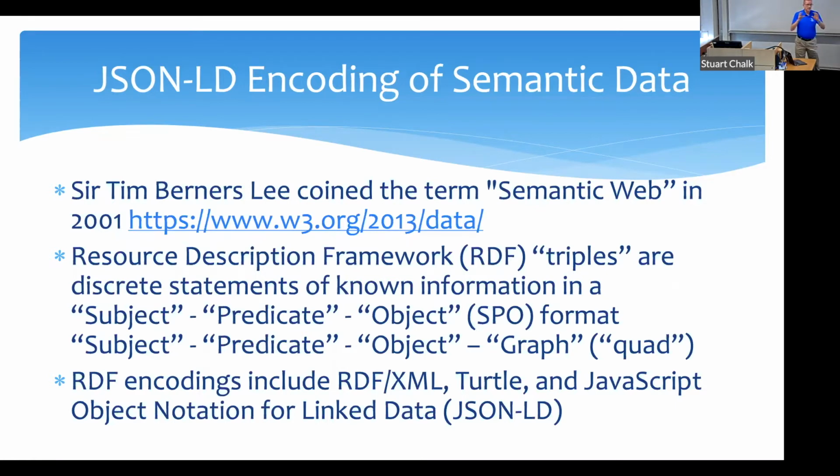There is the possibility of, in the JSON-LD document, putting it in an @graph section. And what that simply does is it gives a name to the data that's in that particular document, which then gets converted into these triples in the triple store. So you have a quad when you talk about a subject, predicate, object, and then the graph name.